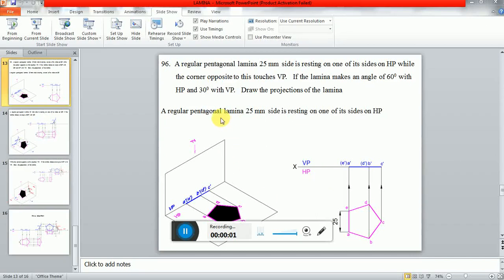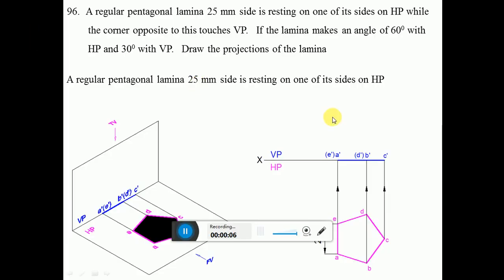Okay, now we are going to take up one more example wherein a regular pentagonal lamina of 25 mm sides is resting on one of its sides on HP while the corner opposite to this touches VP. If the lamina makes an angle of 60 degree with HP and 30 degree with VP, draw the projections of the lamina. So this is very similar to the example we considered in the last problem,